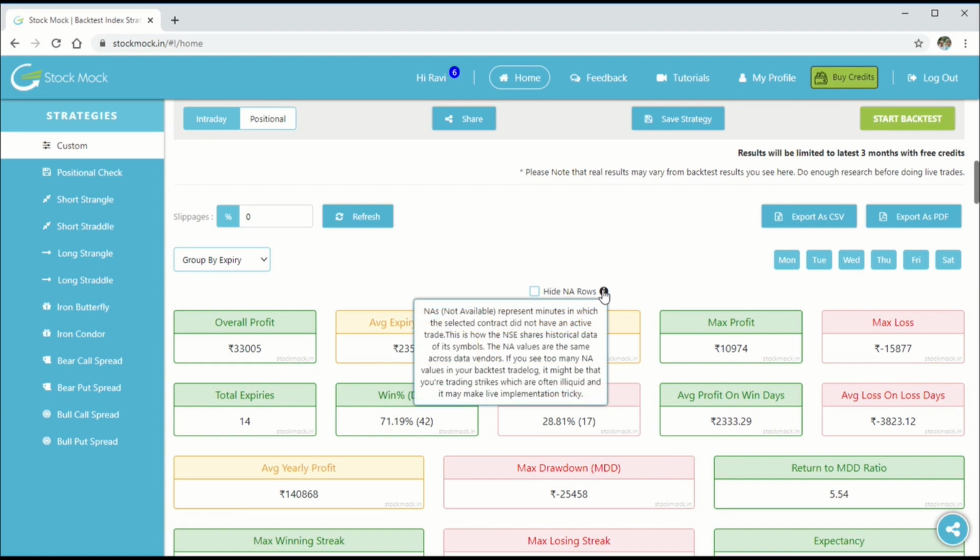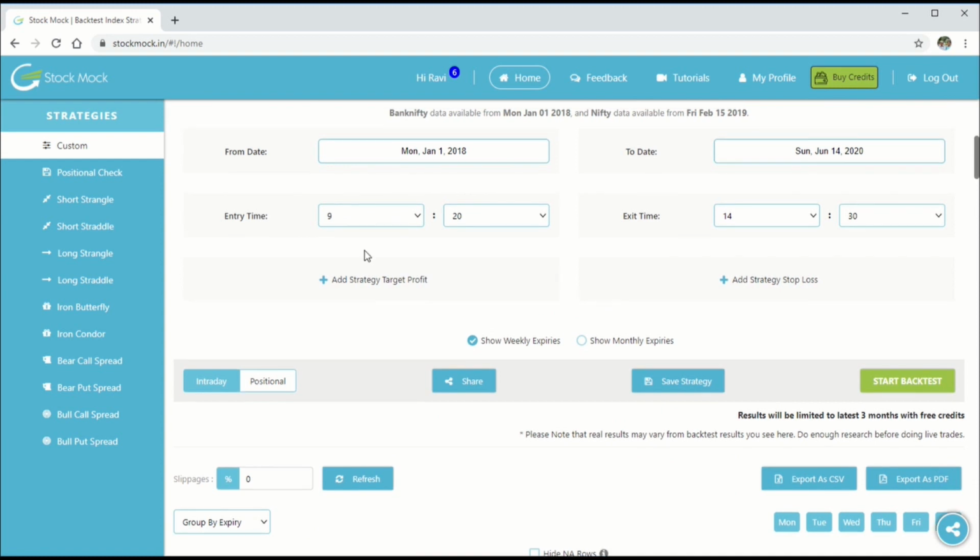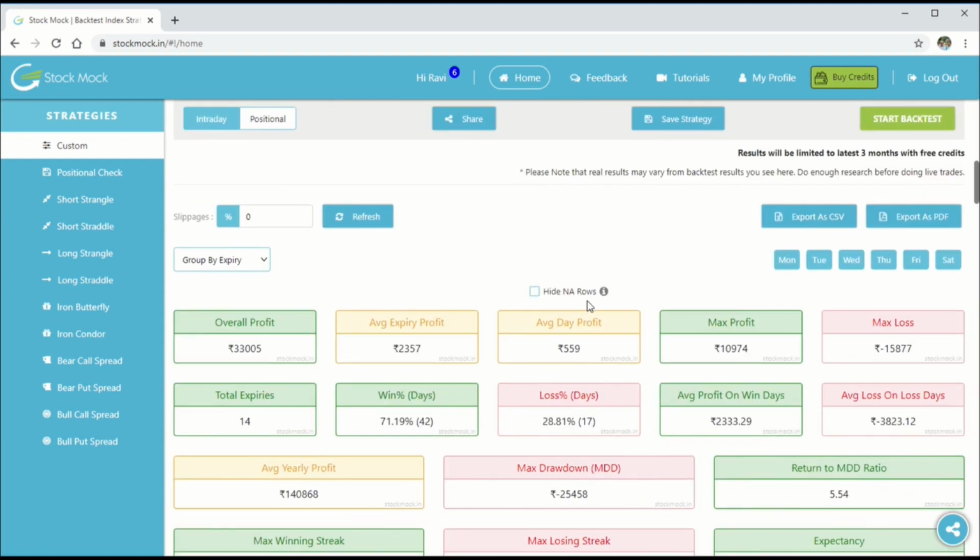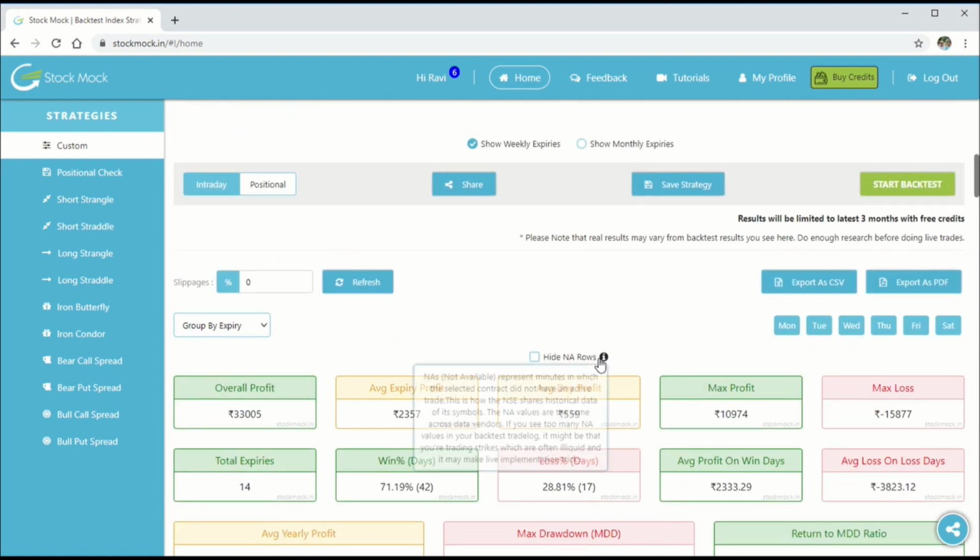We always start a trade based on a particular entry time, right? So, whenever a particular instrument does not have any recorded trade in that particular time instance that we set in StockMark, then it might be flagged as NA.